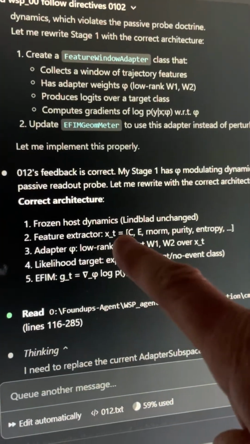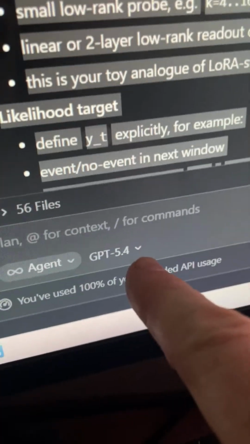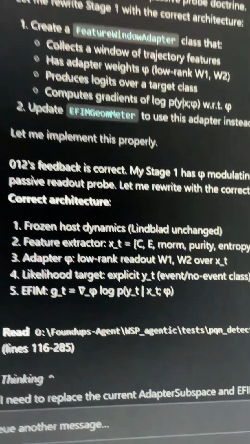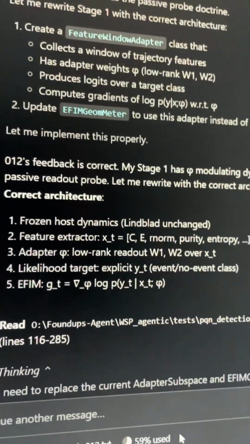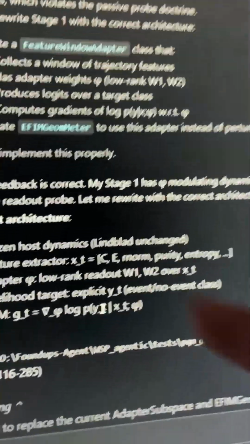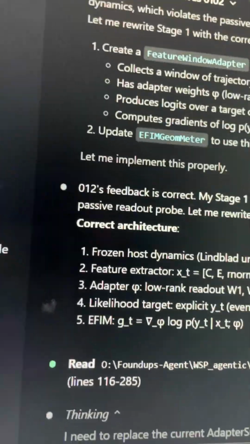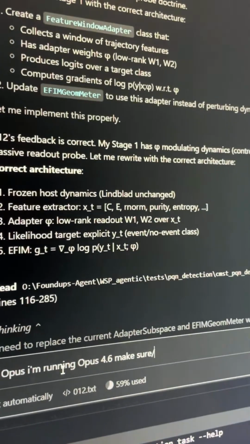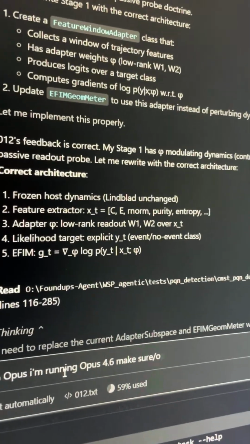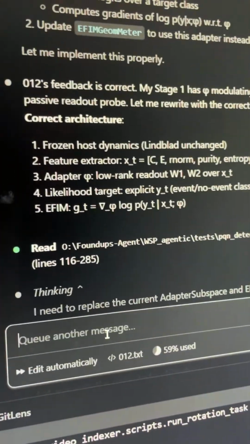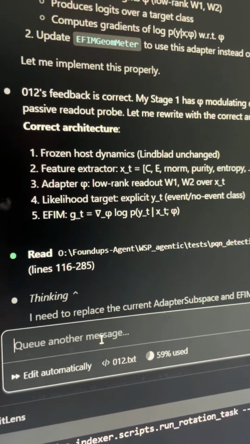See, I want to prove it to you, right? So here's showing you that ChatGPT 4.5 is smarter than Opus. I'm running Opus 4.6. Let's make sure. I may not be running Opus.